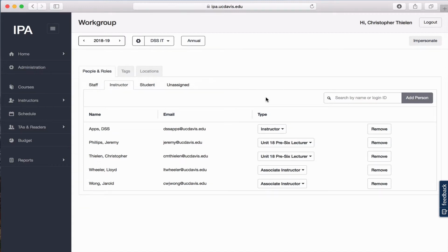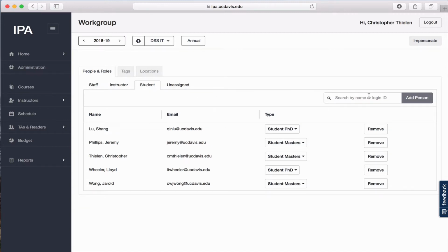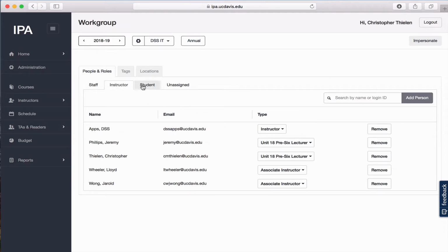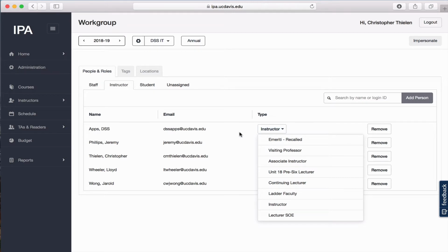I can add and remove people from the instructor tab or the student tab using this search over here. And you'll notice both instructor and student have this extra column named type. Now this is purely optional, but what it lets you do is get more specific about, in this case, what kind of instructor this individual is. We have the instructor role, which is just generic, but I could also say that they're an AI or that